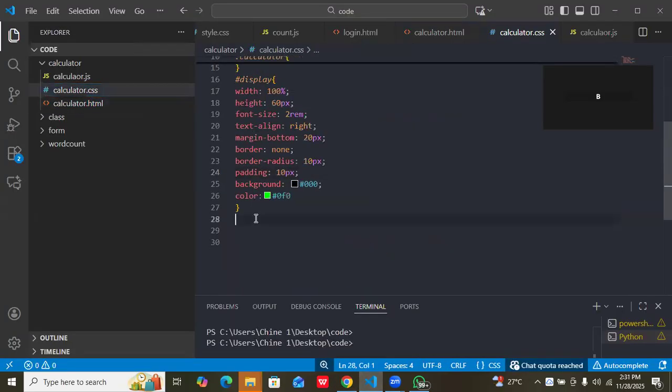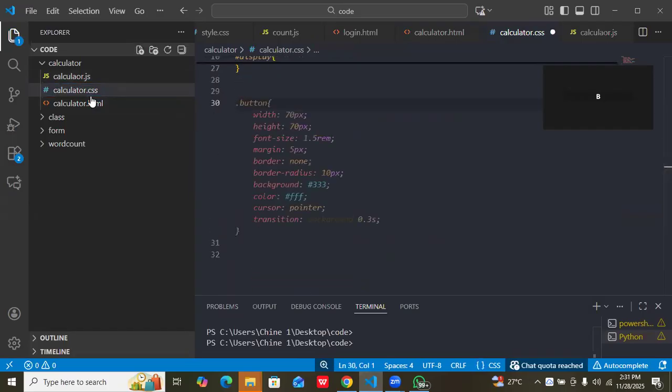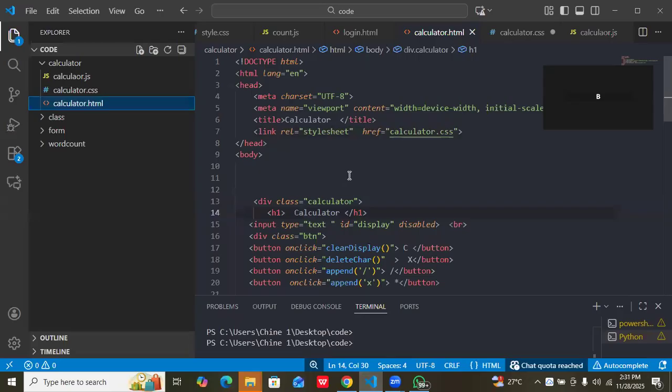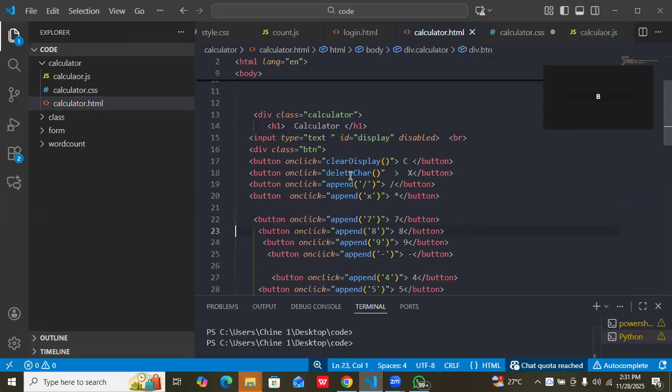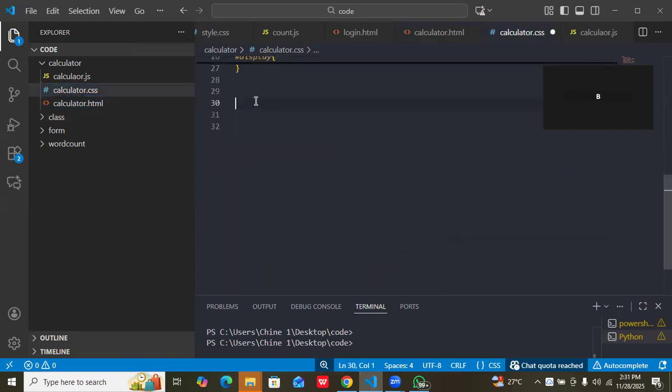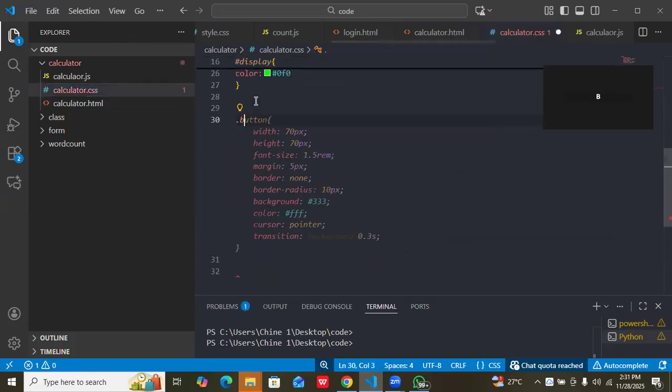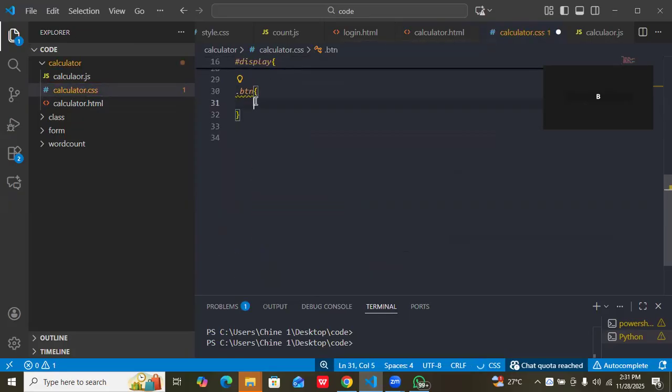So what's the next thing on the line? So we have done our display. So the next thing we'll do now, after our display, what do we have? So we have the buttons. That is all these buttons here. All the buttons. We're going to start with this button here. There's a place where we call button. Yeah, this button, BTN, this place here. So I'm going to call it. So come here and do dot BTN. So this BTN here, we're going to have